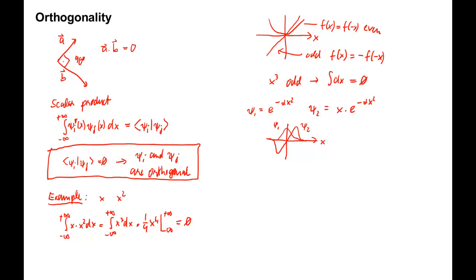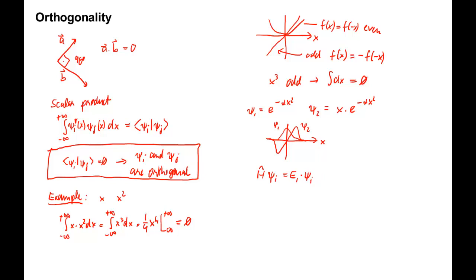Orthogonal functions are very important in quantum mechanics. The eigenfunctions of any operator used in quantum mechanics are orthogonal to each other. So, if you have a set of eigenfunctions for, say, the Hamiltonian operator, which satisfy the eigenvalue equation of the Hamiltonian operator, H operating on psi i equals e i times psi i,